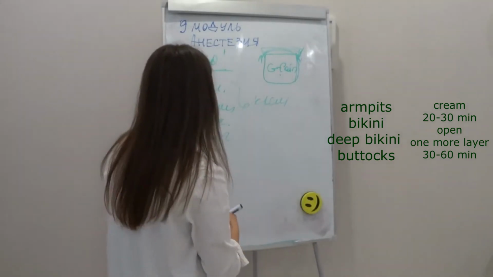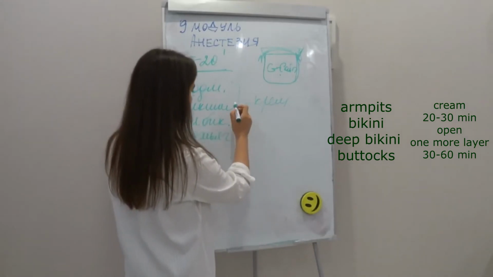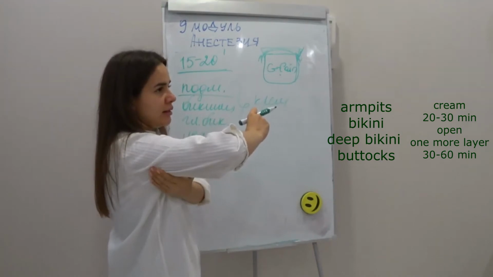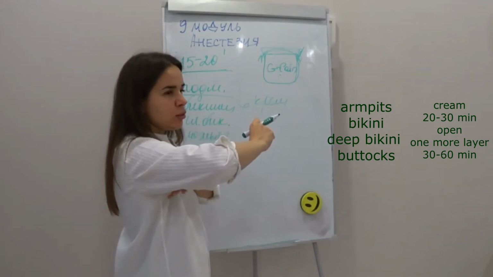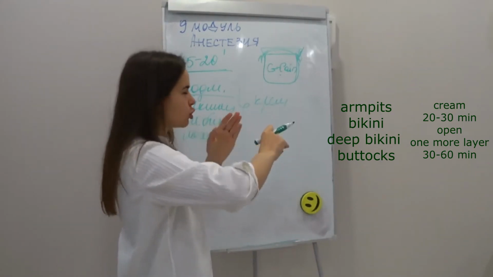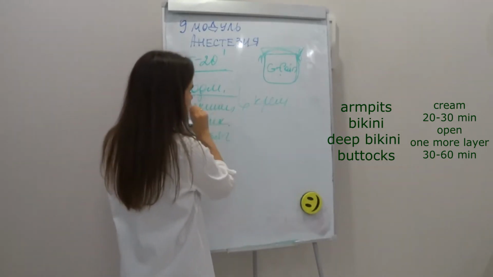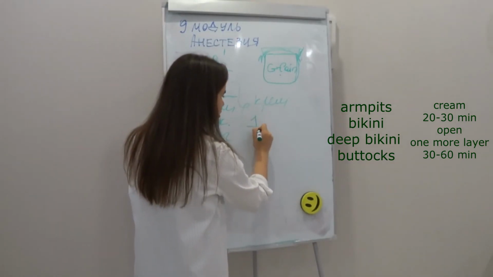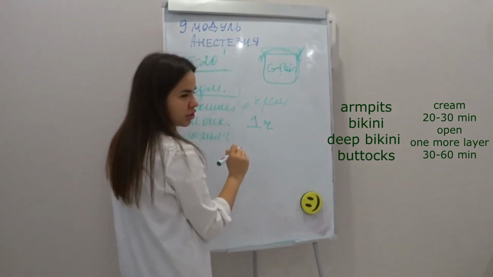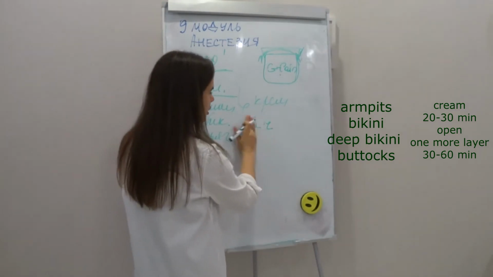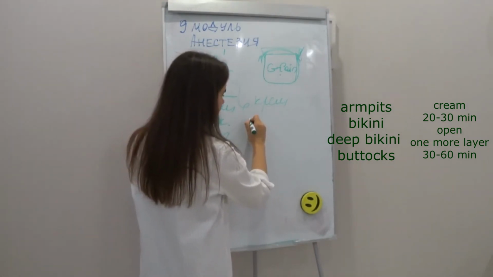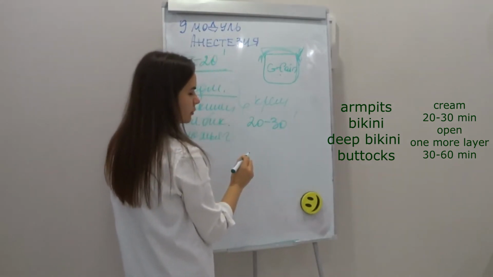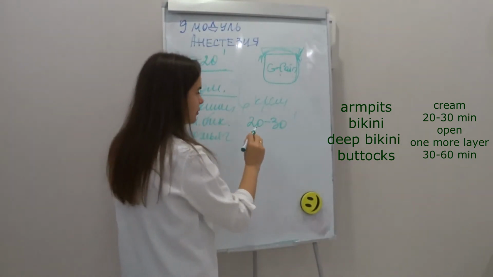She applies this and that. For the armpits there are such special pads. You can use a regular patch, for example. It applies for a certain time. A big mistake is when girls apply it for 1 hour and come. We apply it for 20-30 minutes at home, then you need to open it and quickly apply another layer and